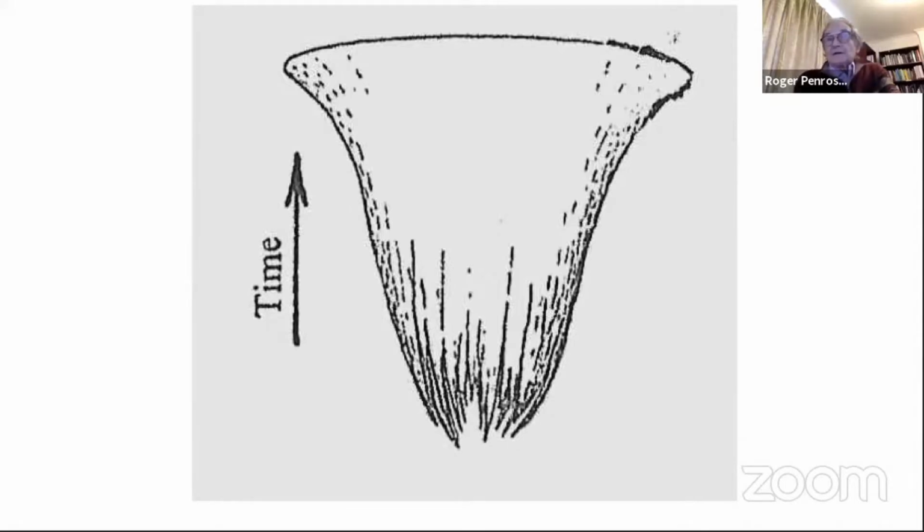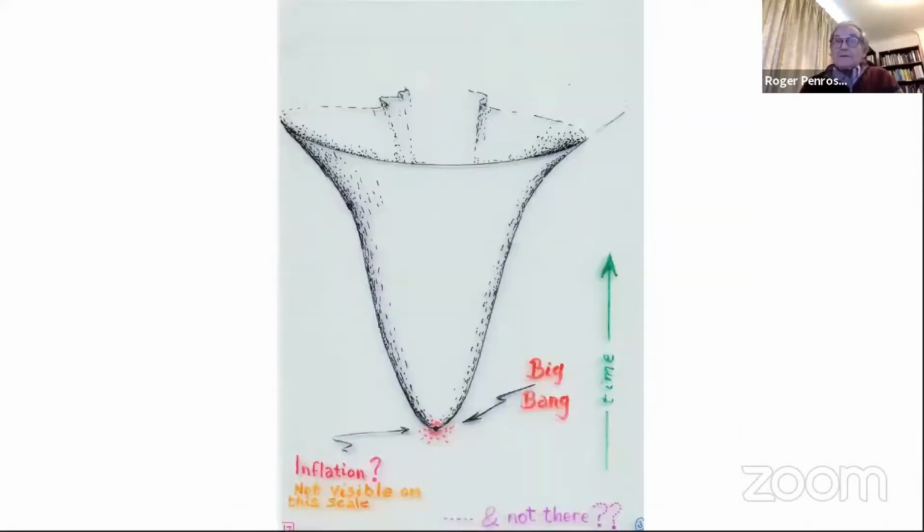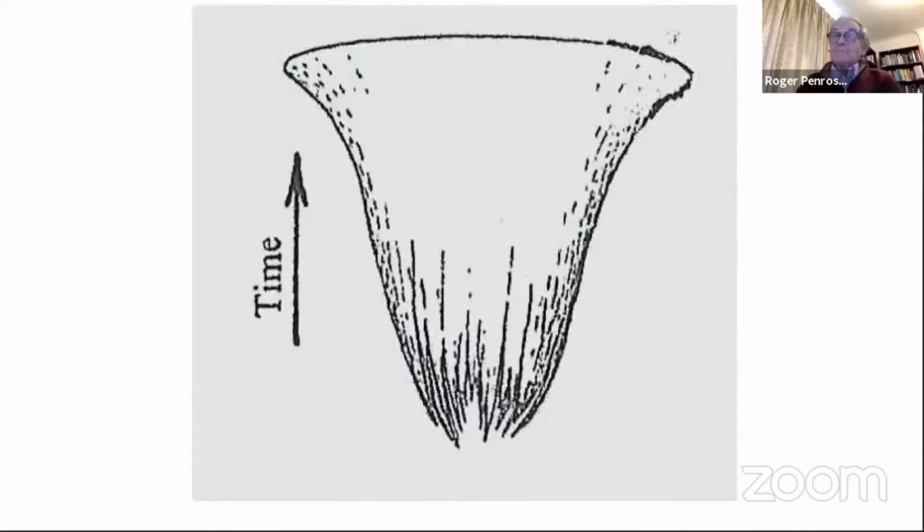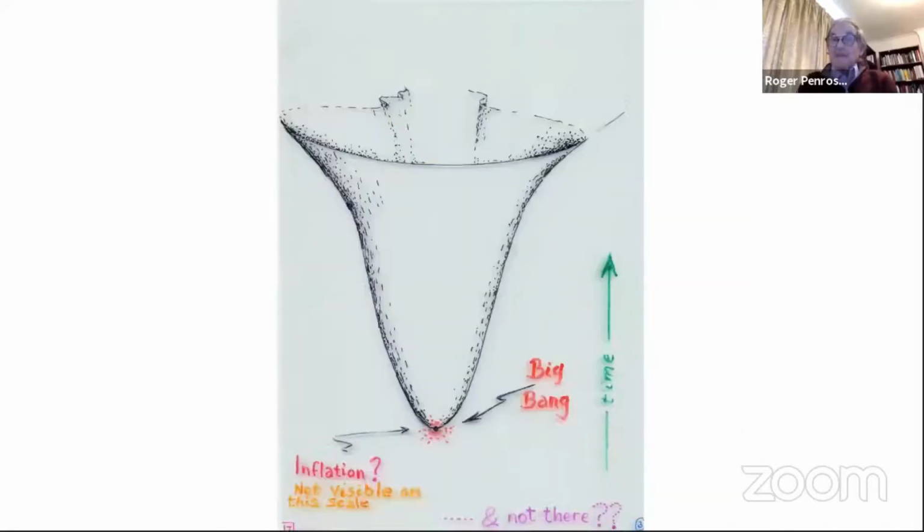And Don Page came up with a figure of an entropy of something like 10 to the power 123. I think with the dark matter, it's something like 10 to the power 124. So since the entropy is a logarithm of a probability, the probability of finding something nice and smooth like this, as opposed to what the more likely situation would be, this, is something like 1 part in 10 to the power